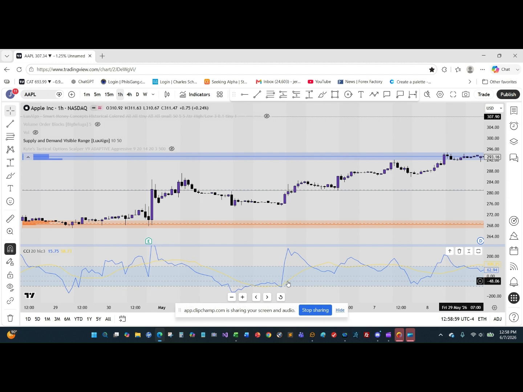And a lot of people have trouble charting. What I mean by charting is actually just what we did yesterday, picking out and selecting items out of the chart and in essence putting together your strategy from charting. So a lot of people use indicators, and two indicators that I like to use when I'm doing momentum trading are the supply and demand visible range by Lux Algo, which is free to use on TradingView, and also, just so you understand this,